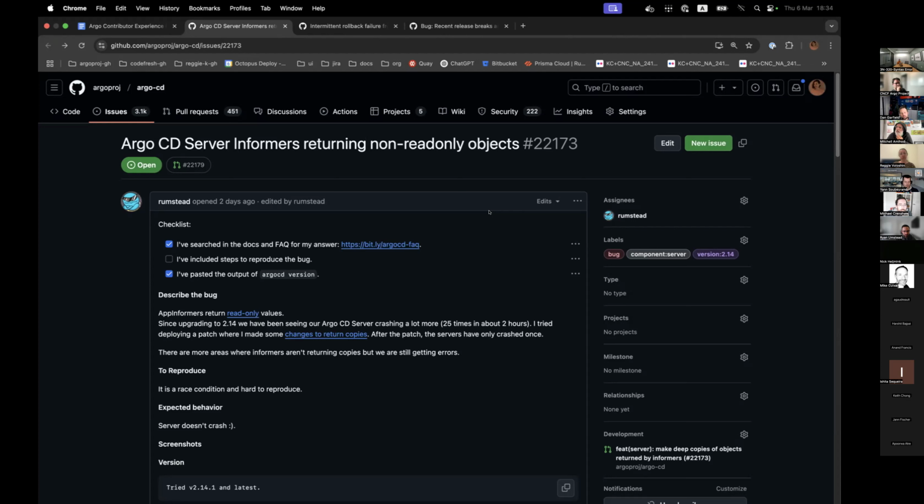Yeah, I can share two of the other PRs, and one has the test case that reproduces it. If anybody's interested, I'll drop them in the chat. But I don't know if this is the best fix with my PR here. It just wraps all of the informers and literally embeds them, and instead of returning the actual object, just does a dot deep copy on them. It probably will result in more memory, but doesn't lead to panics.